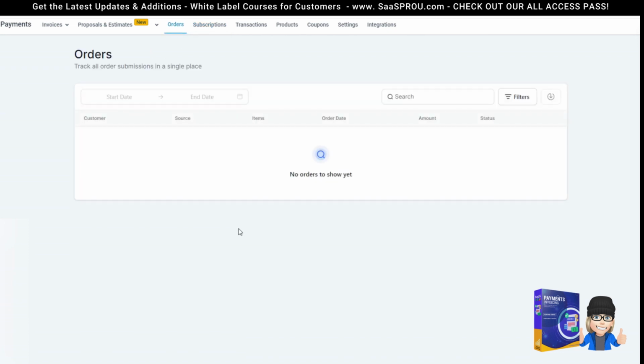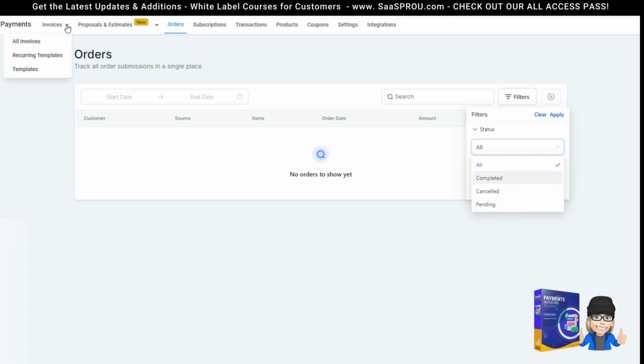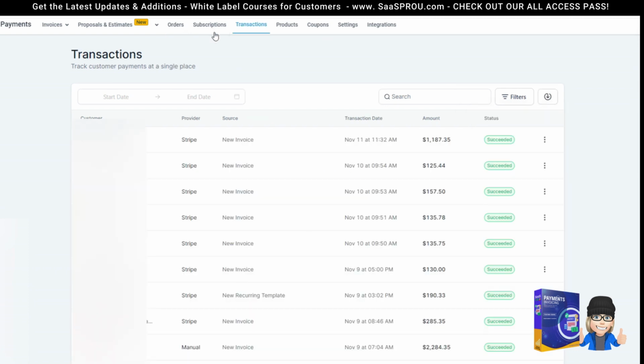Orders would be any orders that had been placed. When we select status, you'll be able to see, was it completed? Was it canceled? Is it pending? If you created an invoice and it was sitting there, it's not a subscription, it hasn't been paid, you're going to see it as an open or pending payment. Orders, subscription, and transactions are going to help you manage all of the details from pending to outstanding to successful